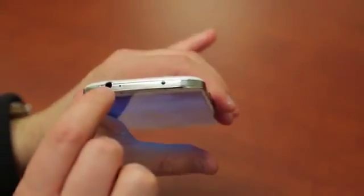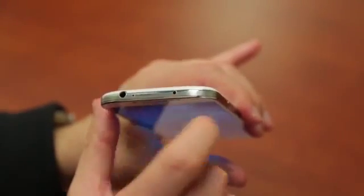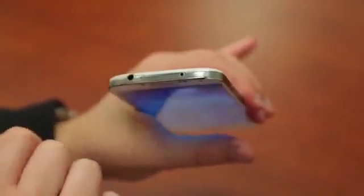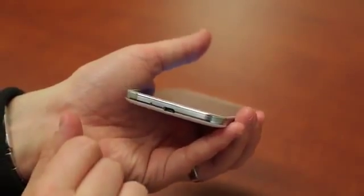Up top, you've got a lot of port action here. You've got a 3.5 millimeter headset jack. It does have an IR blaster, which looks right there. You'd think that might be a microphone, but it's not. The microphone is actually right there. On the bottom, that's where your syncing and charging port's going to be, and there is a noise canceling mic